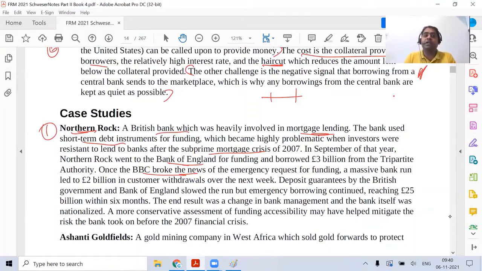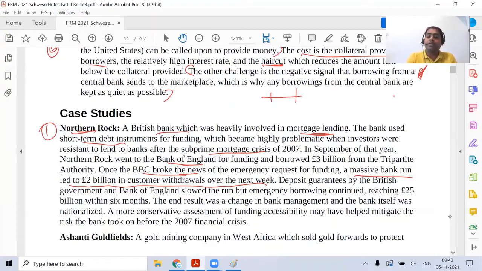That means a lot of customers started withdrawing money, which primarily means that there was a run on the bank. Okay, there was a massive run on the bank which led to £2 billion being taken out from the bank within a week. Generally there was no problem as such with the bank, because the central bank does lend to normal banks in a situation like this, but this created a panic and a lot of customers started withdrawing, and when customers start withdrawing, it leads to loss of liquidity for the bank.